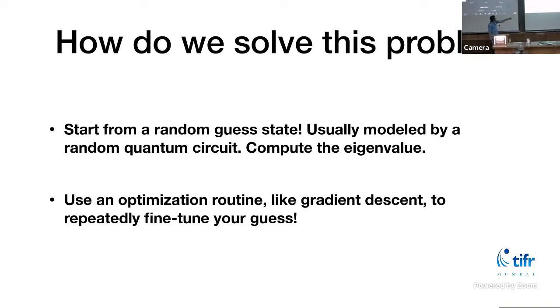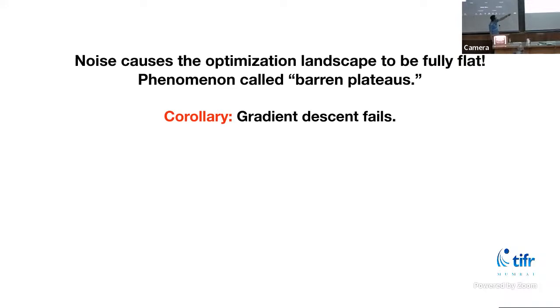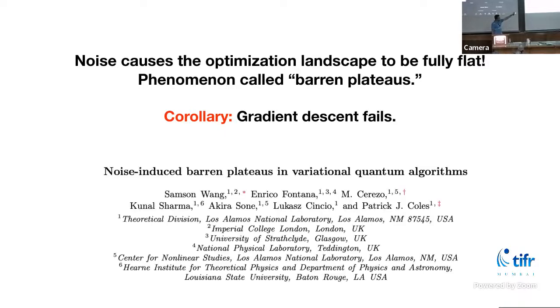But noise causes problems here, pretty fatal problems, because noise means the distribution keeps tending towards the flat distribution. And the gradient becomes 0. This is called the barren plateaus phenomenon. So the whole process gets stuck. And this was first shown rigorously. This paper was the one to show it rigorously, some years back. So noise is really fatal for these devices. Question?